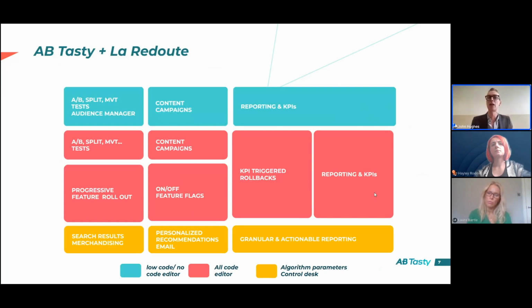You've got different content campaigns, and of course, you've got all your reporting from there. What we also do is what's called server-side testing, which actually involves coding, and it's more for product teams, where you can do feature rollouts, feature flags, content campaigns, and of course, different tests within that. And then something else for people to speak about, because again, we're going to look at this a little bit later in the presentation, I think,